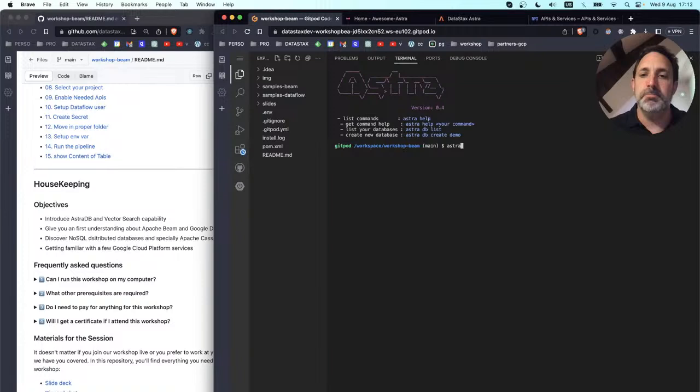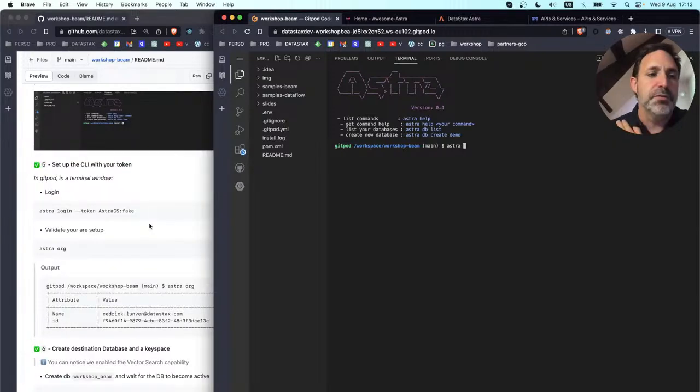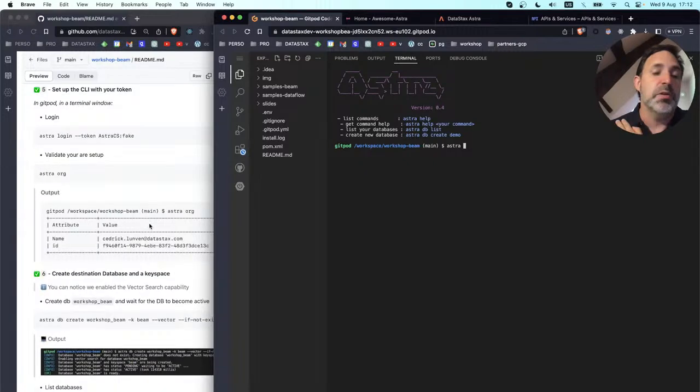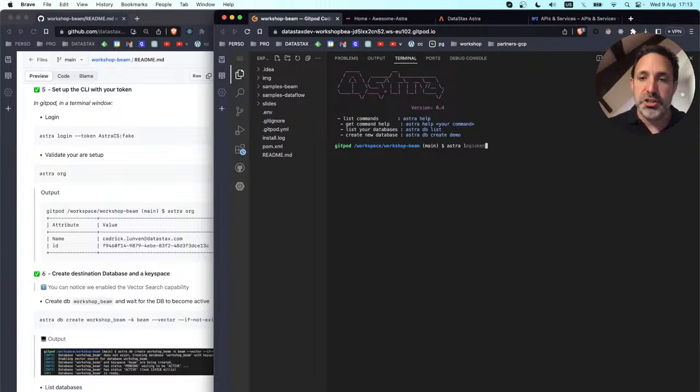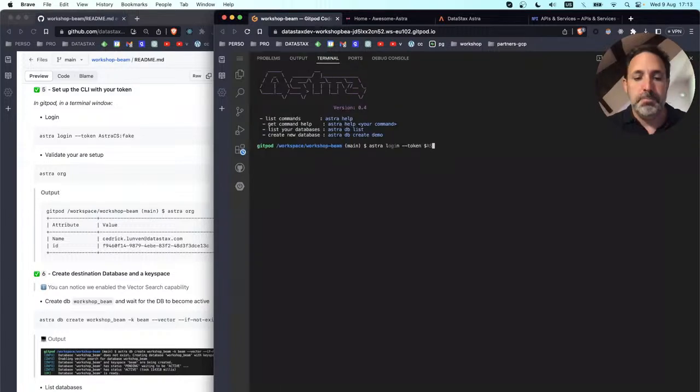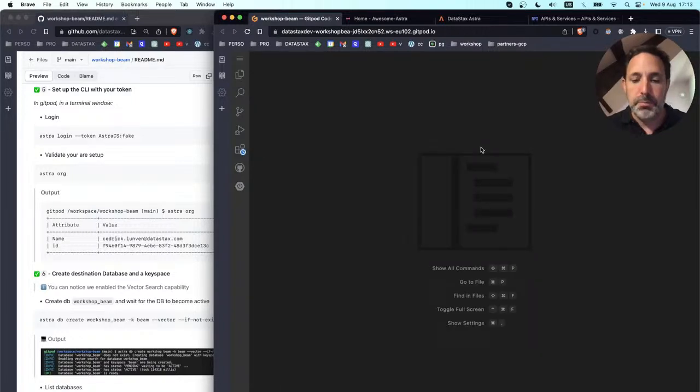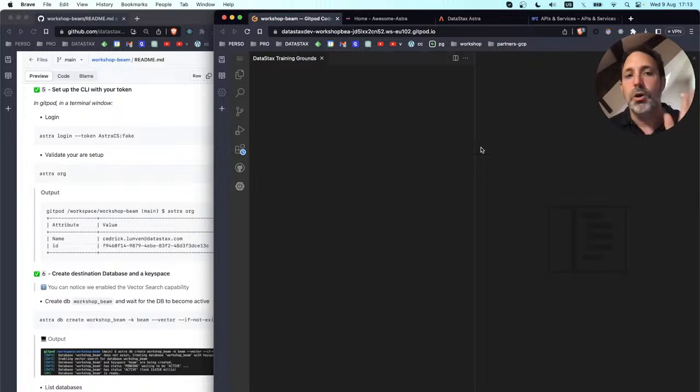I'm just going over step 4 and now step 5. Remember, you probably now have your token in the clipboard, so you will paste the token. So here I'm doing astra login --token. And instead of having that in my clipboard,